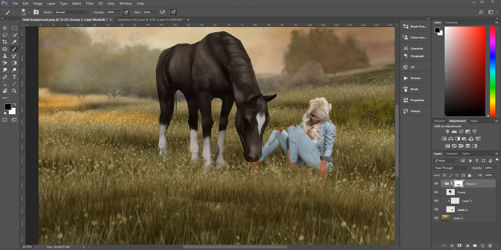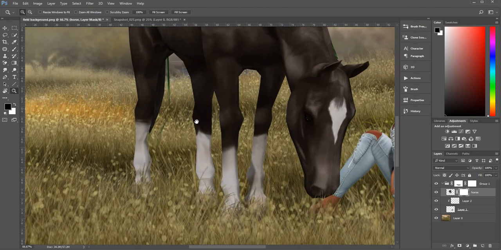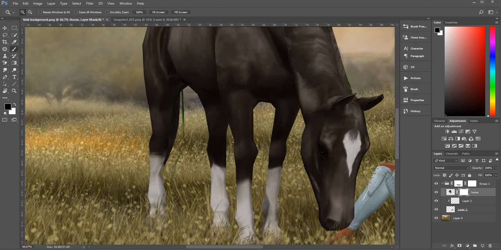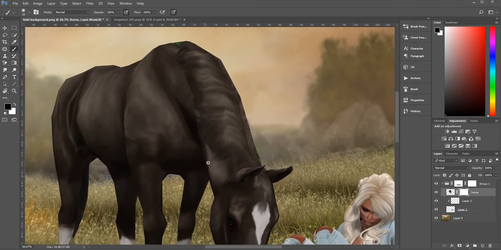Okay, so I think that looks alright, but I'm looking at the horse now and I can see a few problems there. Looks like it's leaking here. And I can see a little bit of green on the mane there, so I better fix the horse up too. So I'm just going to paint out the leak. And again, there's a little bit of green in the mane, so I'll